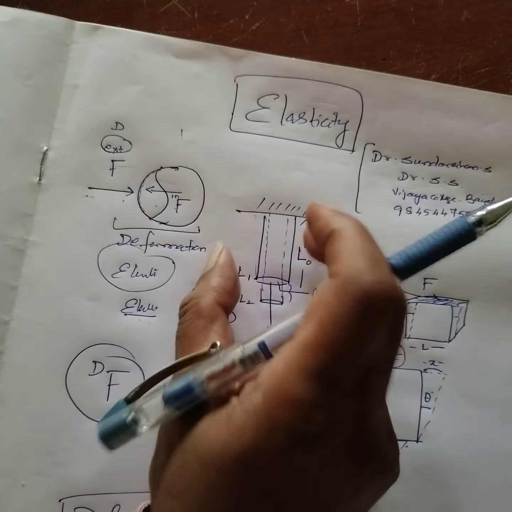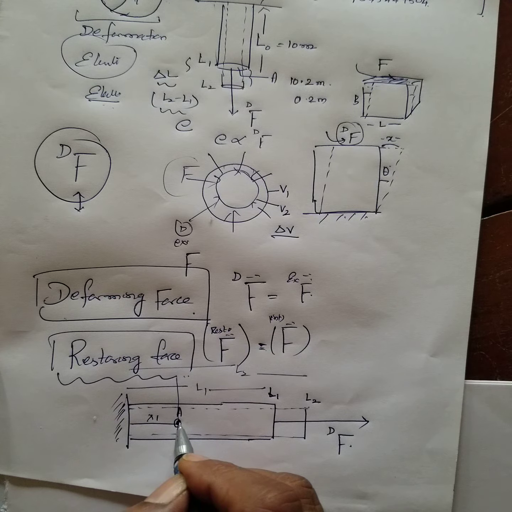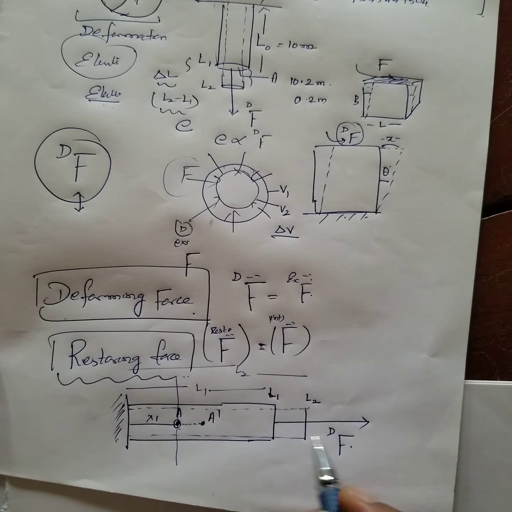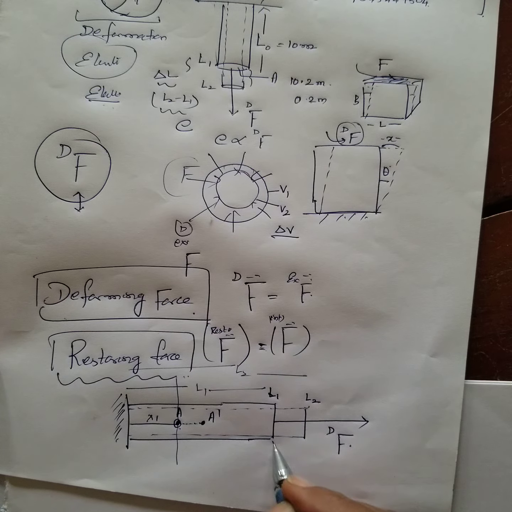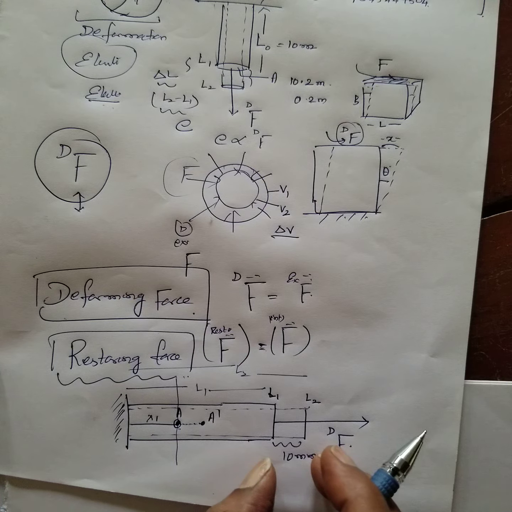Now when you apply a force of say 10 Newton or 20 Newton, what will happen? There is an elongation. From here, this L1 to position L2 it has come. L1 is this much distance. L2 is this much distance. Now what happens? This A shifted to A dash. That means here L changes to L dash. Suppose 10 millimeter. Okay, 10 millimeter extension has taken place.